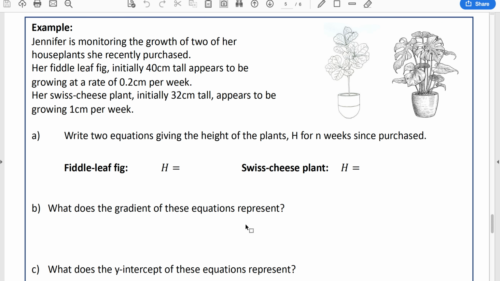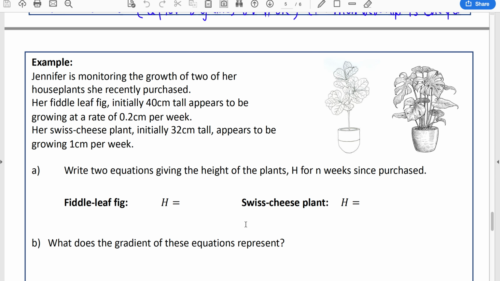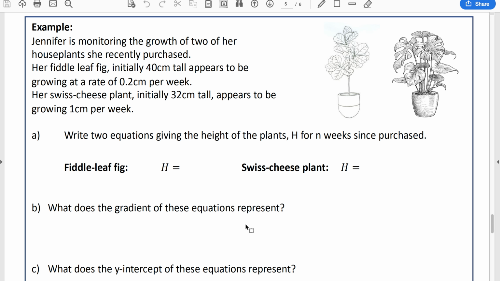In it I'm going to take you through the last few examples that are in your notes for simultaneous equations. So it's a continuation of what we started looking at last week. I'm going to take you through this first one here where we are going to graph like we did in our last example, the one with the football membership. We're going to look at this one, which is just a slightly different context, but you're going to see similarities